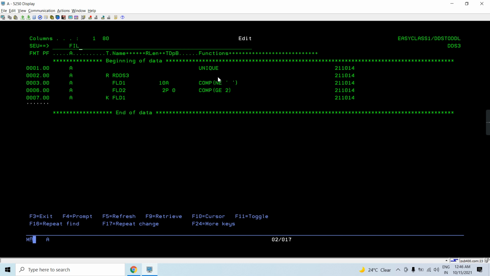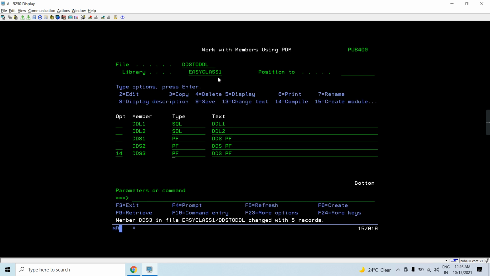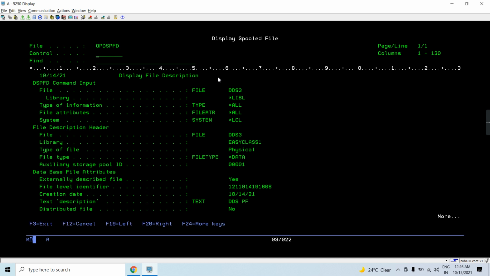So this is my DDS table. If I compile this, I have the object of the DDS. Now let me show you DSPFD on this.